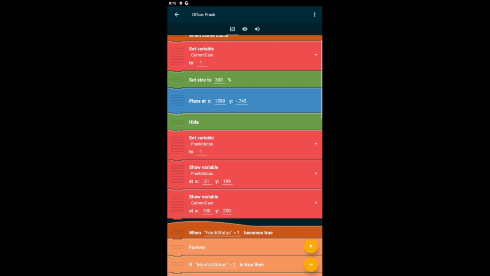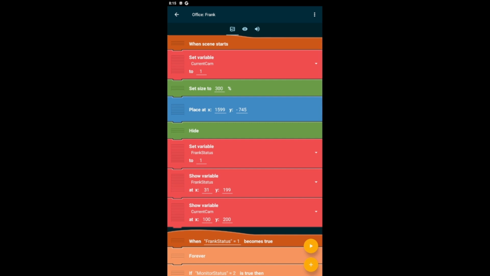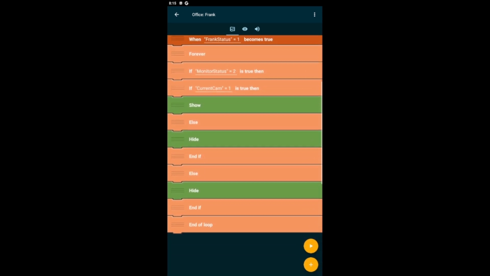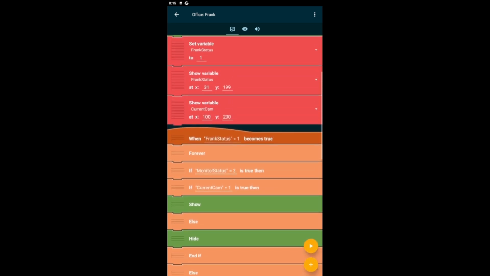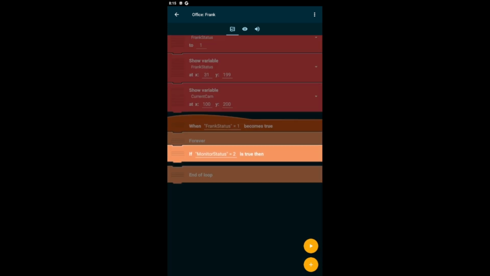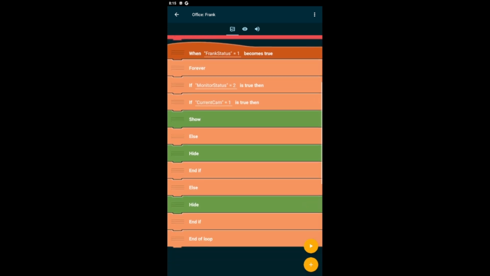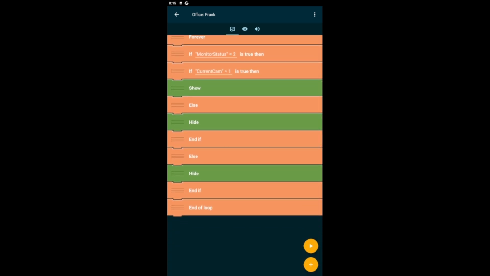I'm just showing the variable so I can see the position of the character. So when Frank status equals 1, or whichever character status you have, it's going to do forever, and it's going to be if monitor status equals true, and it's going to be inside of a different